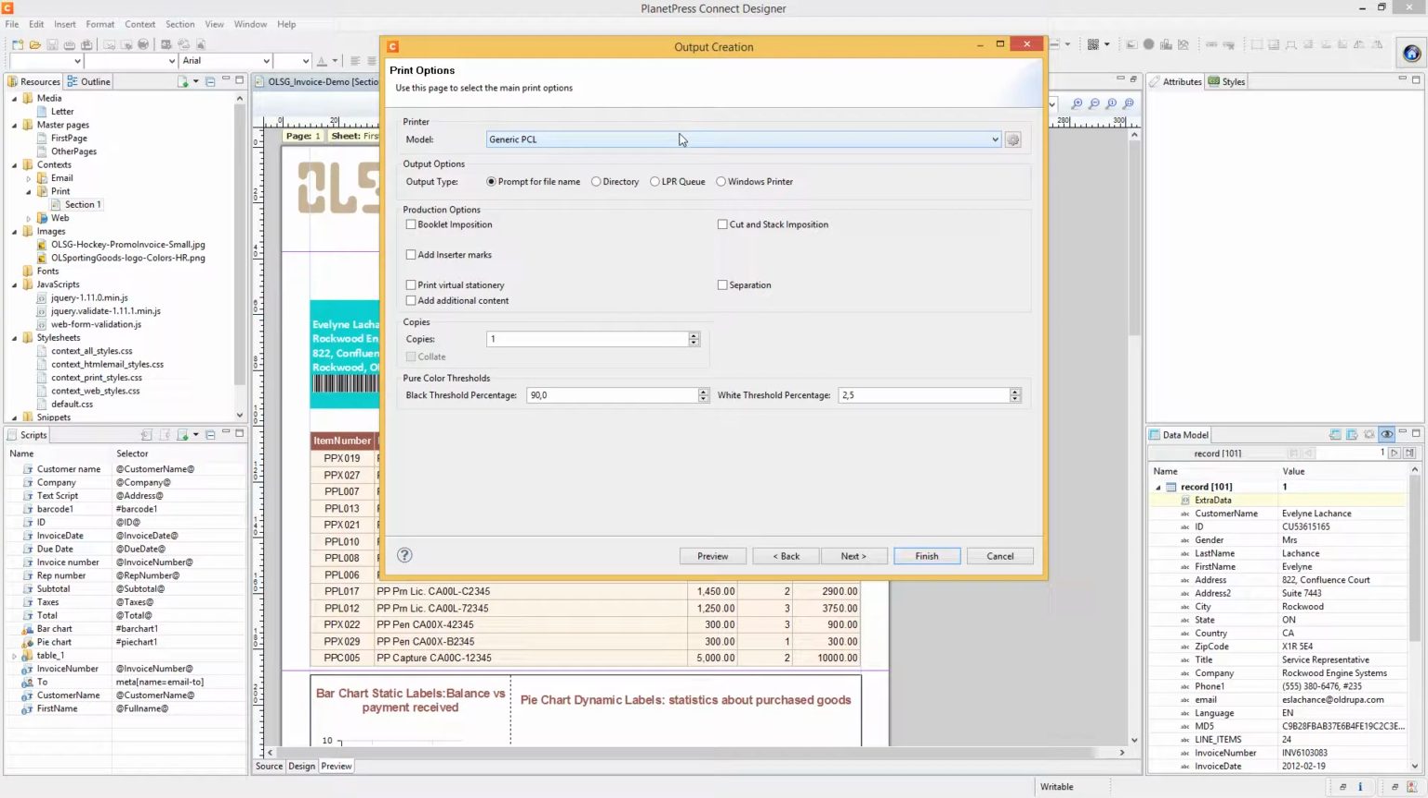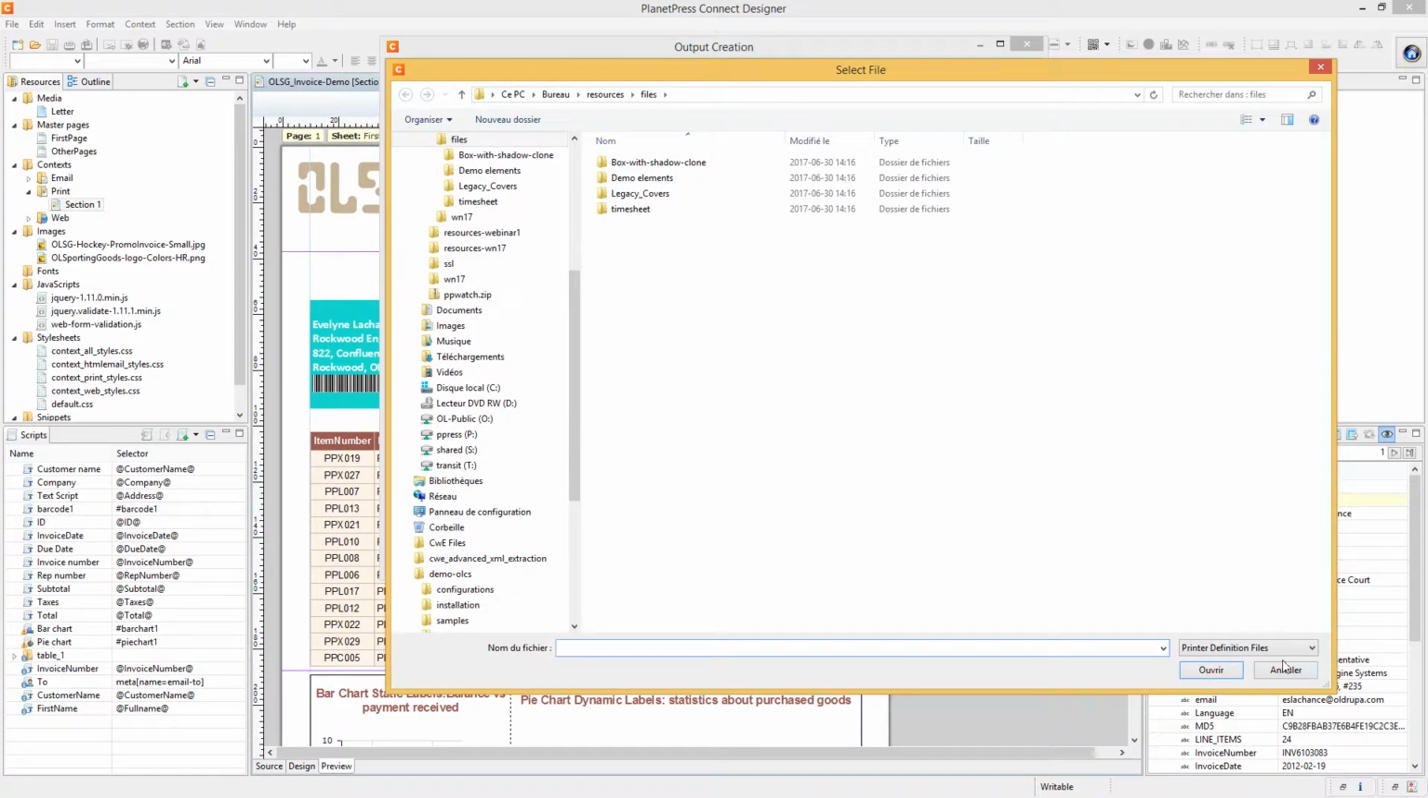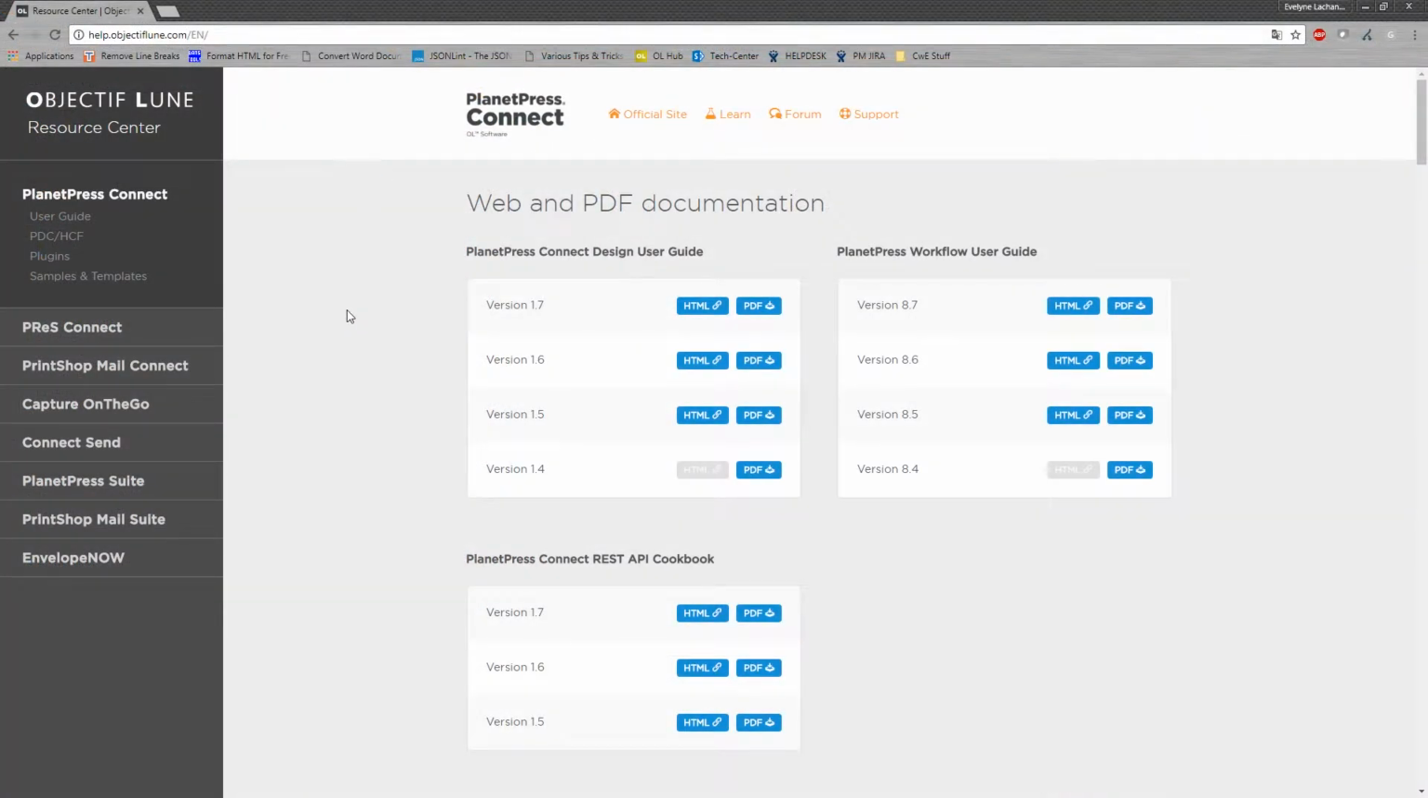As you can see, selecting various printer technologies may change options inside of the UI, as for example, this threshold system is only for PCL and perhaps other technologies. Another option is to import definitions. By going to the help.objectiflune.com website, you can click on